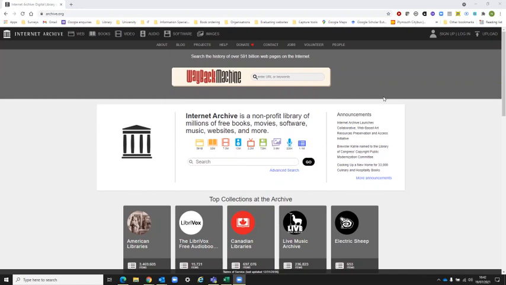Hello, we're going to have a look at a couple of examples of websites that look as if they might be quite useful to begin with, but when you start digging a little bit more, they start looking a little bit different. So the first website we're going to have a look at, we need to access through archive.org and